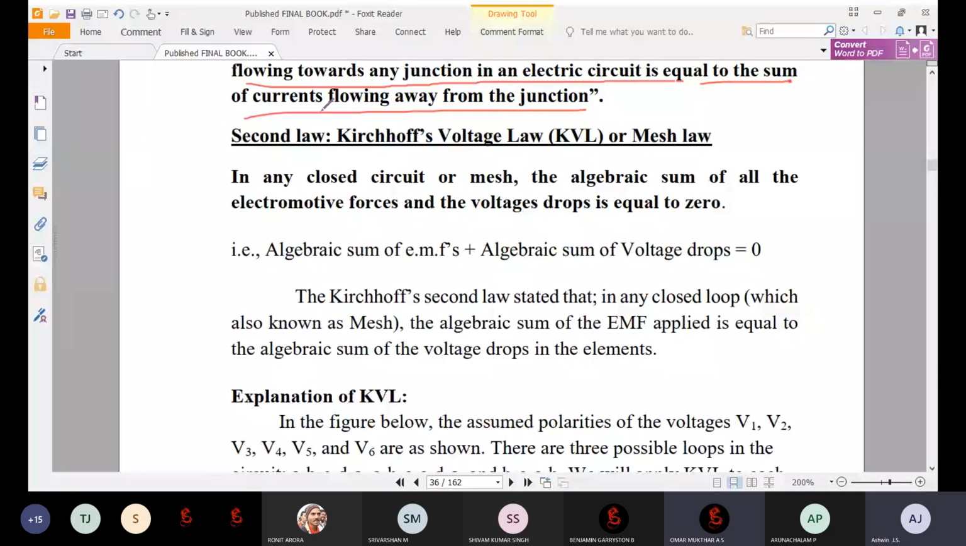Okay, anyway, come to the second law. So Kirchhoff voltage law. Previously we saw about the current, and now we are going to see about the voltage. And here you know that in a circuit there will be